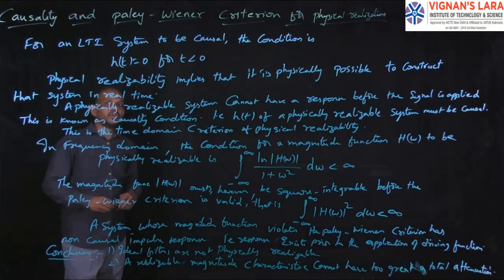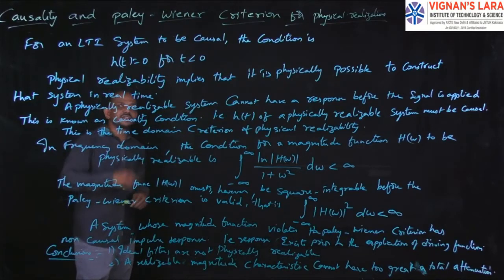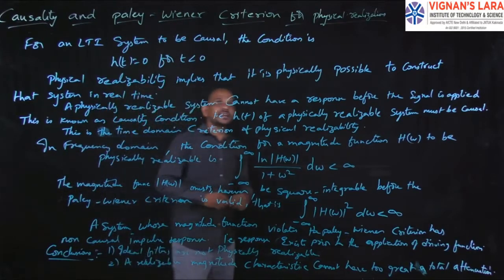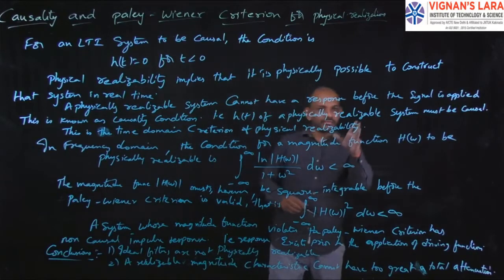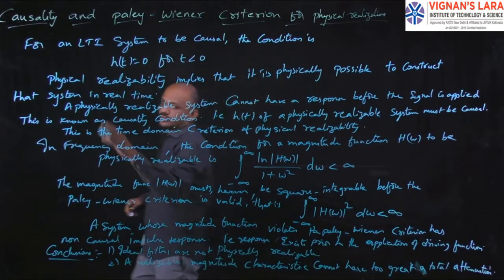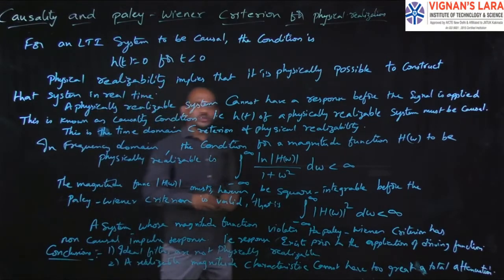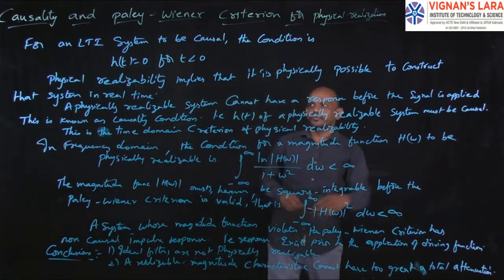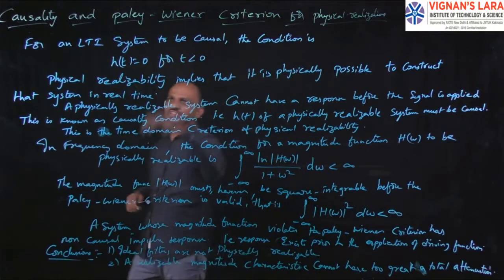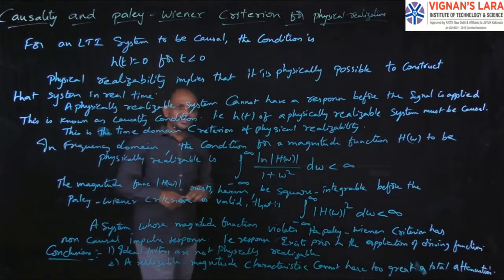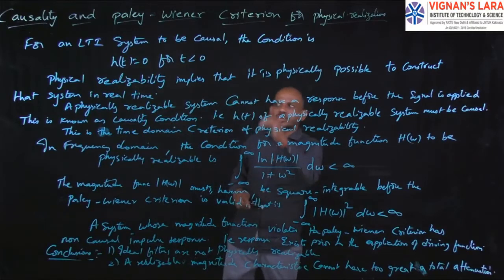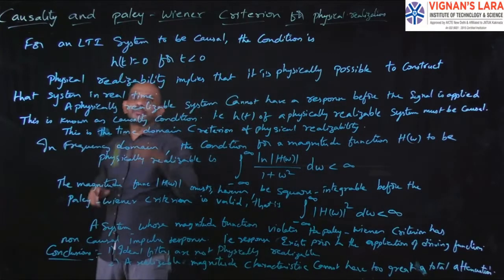Now we will move on to the topic causality and Paley-Wiener criterion for physical realization. For an LTI system to be causal, the condition, as we all know, is h of t equal to 0 for t less than 0. Now, physical realizability